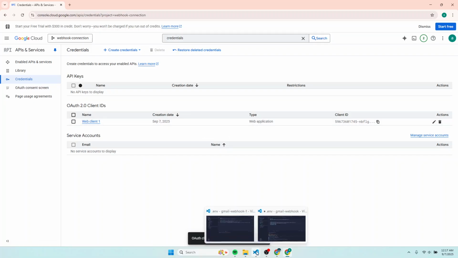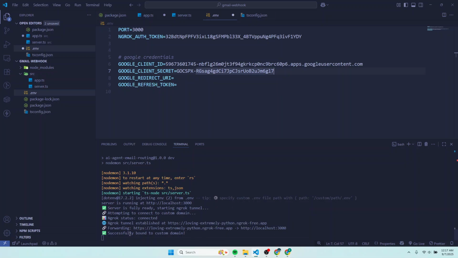So the next part is the redirect URL. We haven't created that. The redirect URL simply means that when you authenticate to Google, Google needs to send you the authentication token. So you have to specify the URL where Google is going to send that authentication token. So of course it's going to be our domain,